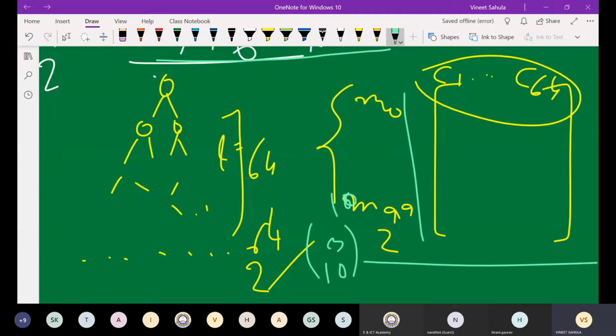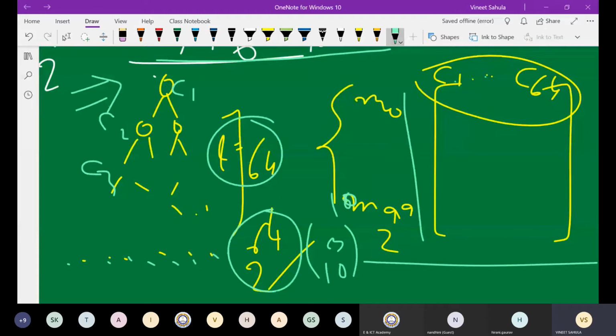So if you take a decision diagram, C1 chosen, not chosen, C2 chosen, not chosen, I will come to a BDD here. C1 chosen, not chosen, C2 chosen, not chosen, C3 chosen. How many levels will be there? 64 levels. How many leaves will be there? 2 to the power 64. Now how can you explore all 2 to the power 64 leaves for one cost? Huge. It's very huge. The answer is Quine-McCluskey is not feasible. Right? It's not feasible, that's all.